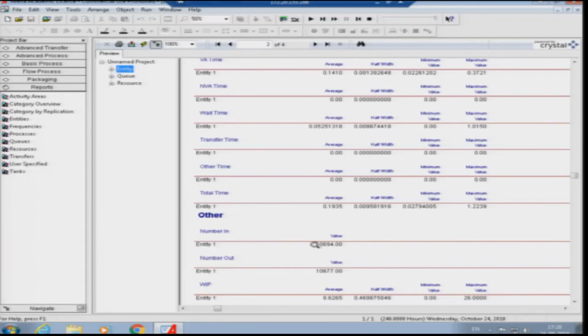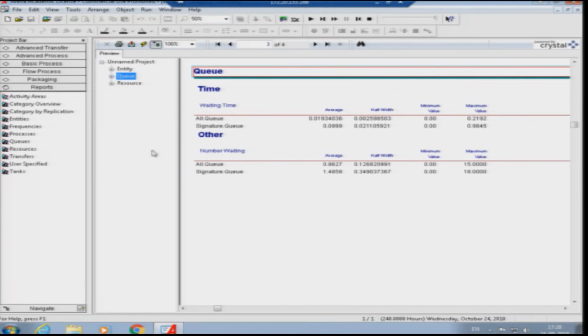If there is a very huge difference in these values, then you can have an initial interpretation that there must be some issue in this particular process, and you need to take a very close look into the queue and resource cases, find out where the problem lies, and take corrective action. But since these two values are very close, you may not require that close a view, and there may not be much issue with the system.